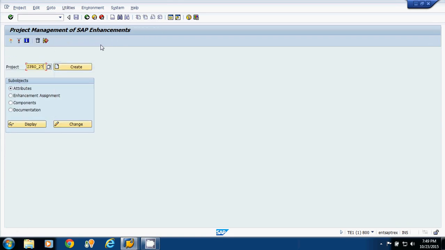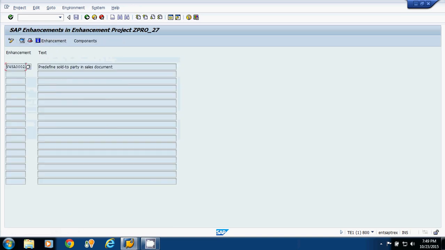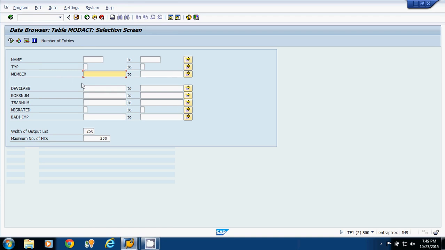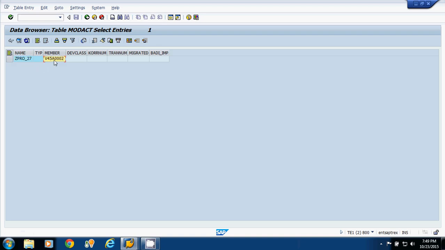If I am passing the enhancement name here and executing this table, it will show me that this enhancement belongs to this project. So whenever you are creating a project for an enhancement, you first check this table whether there is any existing project or not. If there is an existing project, you have to change that, or write the logic in that corresponding project. So always one enhancement belongs to one project.